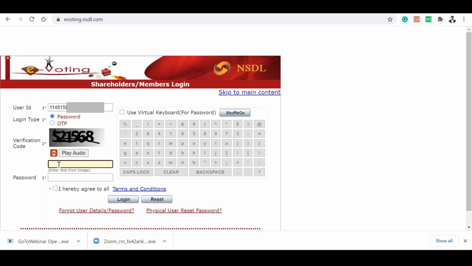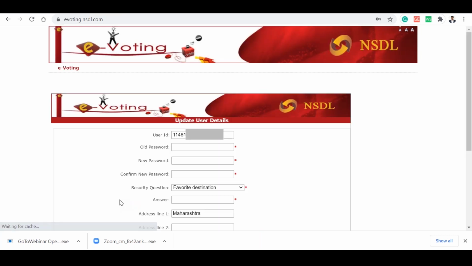I have to do all this again. Click on this cell and go to the login. I have to change my password again.